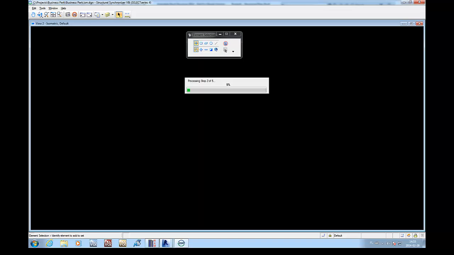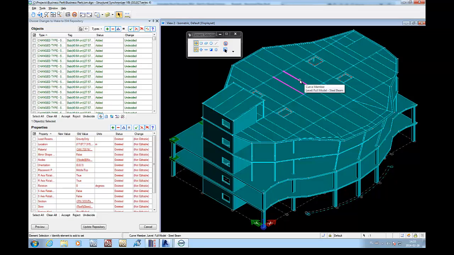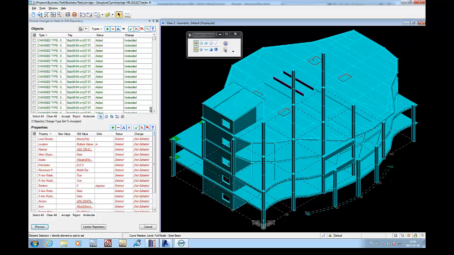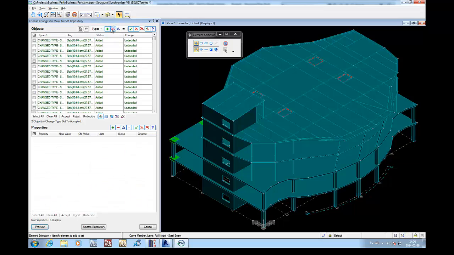Now we see that all the elements that are being deleted are in red. So we want to delete those two beams. We can select those and then accept the changes. Now we can see the preview, what happened, and we see that all the two beams that we selected are off. Now we can see all the elements that are being added, and we want to just add our 4